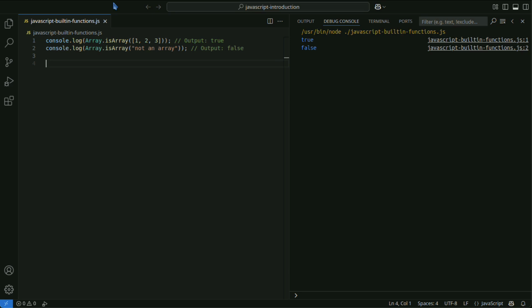Array.isArray is a method that determines whether the argument is an array. It returns true if the argument is an array, and false otherwise.